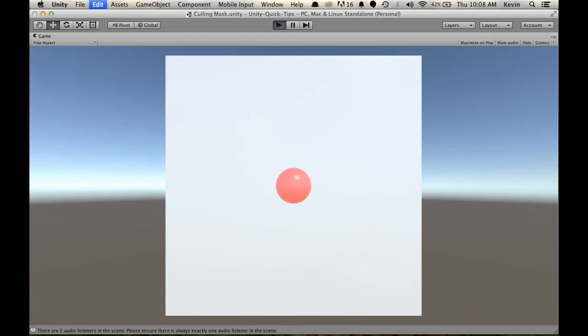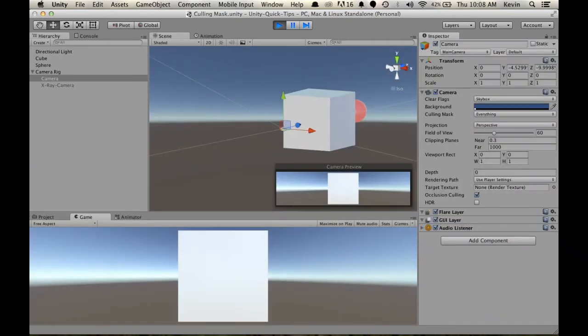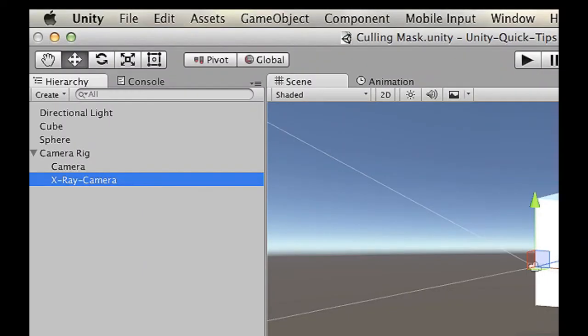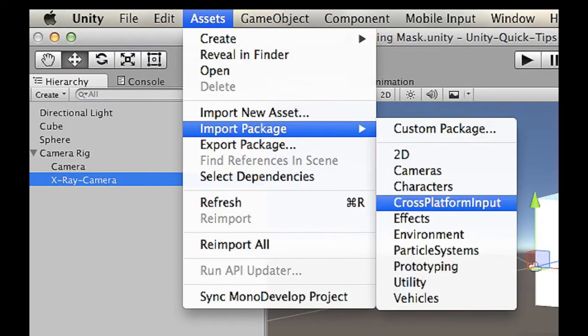So now if we go into our game, click play, there we cannot see the sphere, but click space, there it is. So that is the basics of using culling masks and being able to see layers even in front of other objects. But another thing that we can do is if we go to Assets, Import Package, Effects,